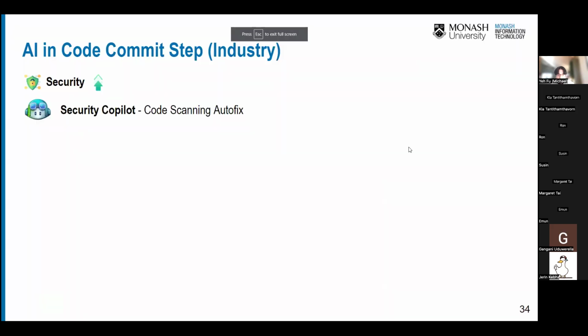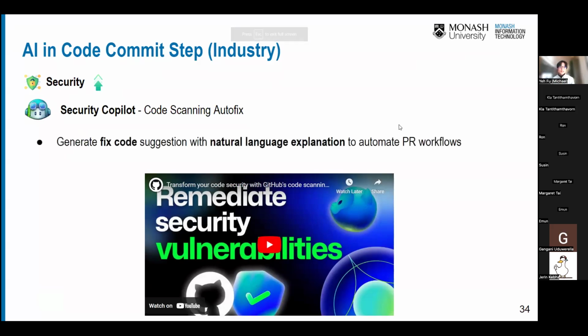Okay. All right, so this is a really good example that we can see. There is a cross-site scripting vulnerability there, and the tool just detects this and then tries to suggest a fix. In addition to the fix, it also provides an explanation for humans to understand whether this fix makes sense or not. So we can see that there is one reviewer that's responsible for making the final decision of whether I accept this kind of automated pull request.